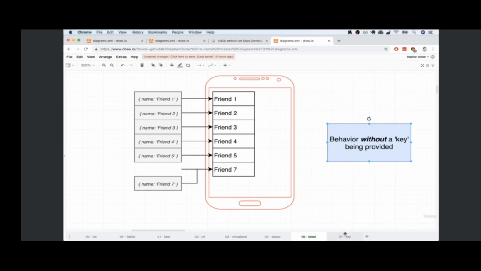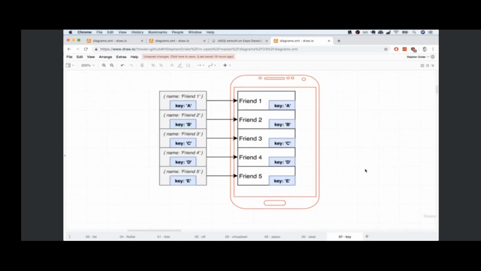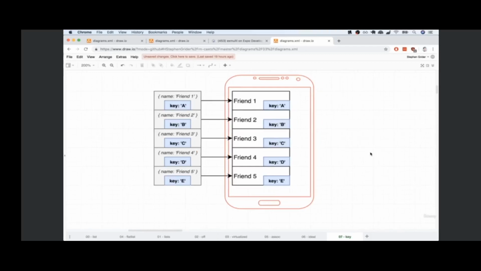And I know we haven't really explained what the key is just yet, that's what I'm going to tell you right now. Okay, so the idea behind this key property is that it allows React Native to track these different objects and detect when we delete one of them. When we delete one of these objects, React Native can then very easily say, oh, okay, I see that maybe we just deleted friend 4 right here, and it would then need to just delete that element that has a key of D. And then it could just move up friend 5 like so,